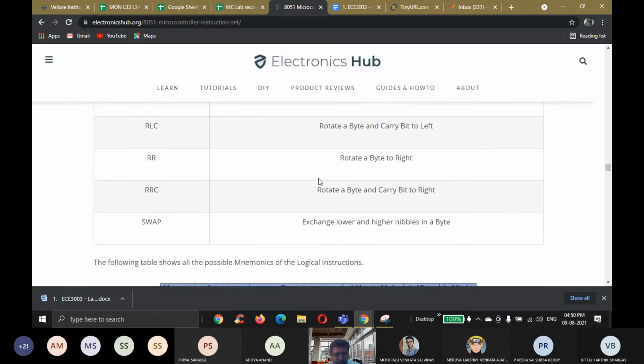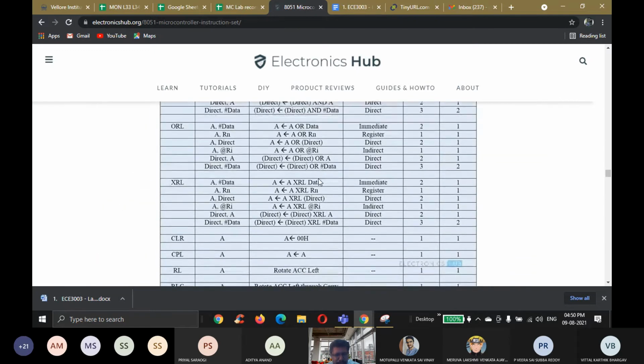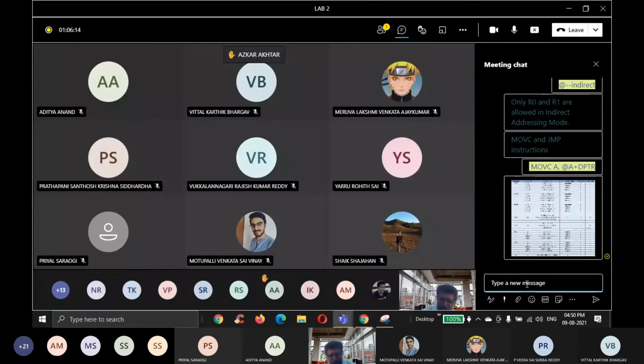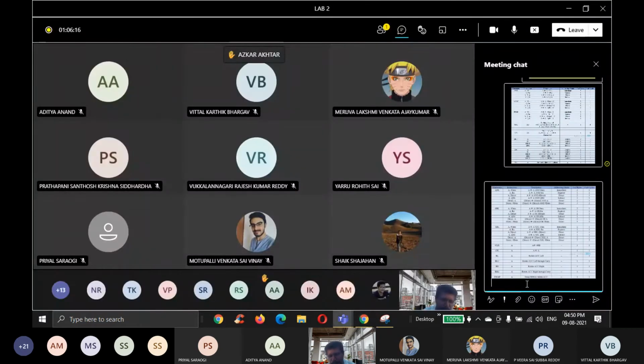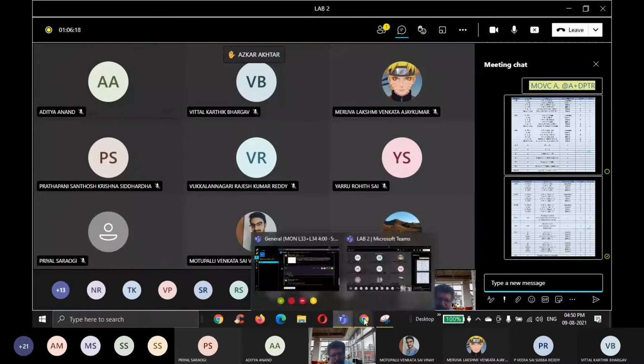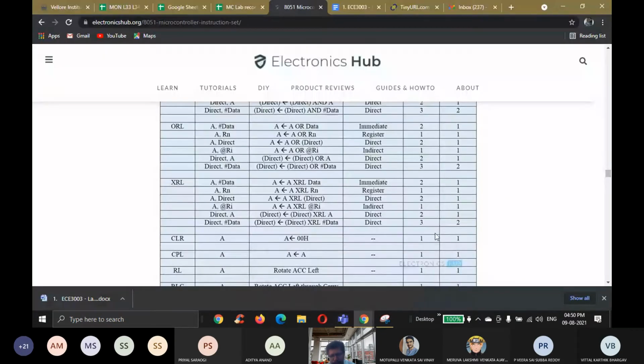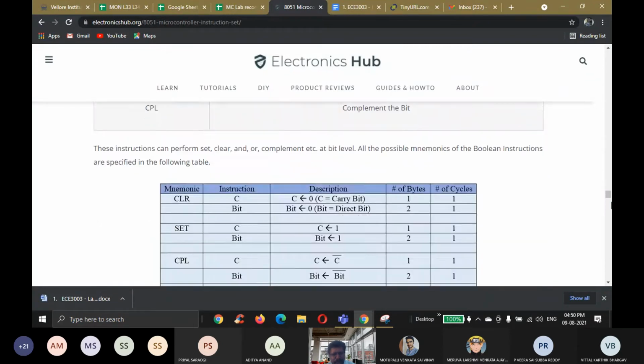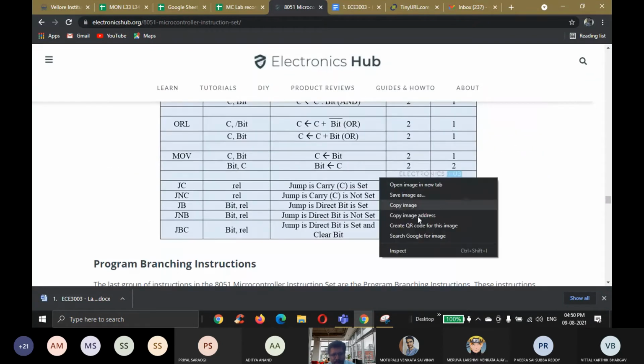Similarly, logical operations. So the next data sheet is logical operation. All these images, what I am sharing, must be taken as a printout, and it must be used in your laboratory for filling in your program. It will be easier for you if you are having it, or you can refer to your book, no problem.